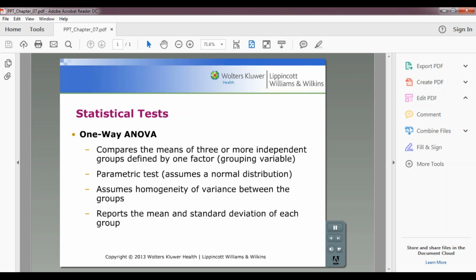Getting back to specifically what our one-way ANOVA does, it's a parametric test. So in order for it to be utilized, the data we are collecting must be normally distributed. We can test that through our stem and leaf plots. It compares the means of 3 or more groups. The groups are independent. They're not related to one another. The homogeneity of variance must be there. It assumes that. And the data to input and run the ANOVA has to be based on the means and standard deviation